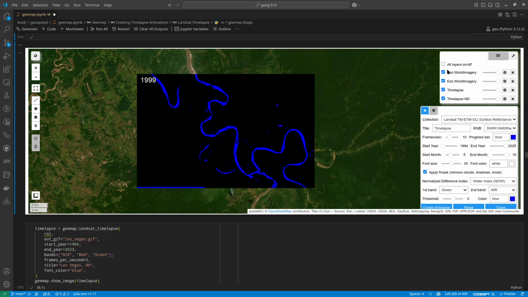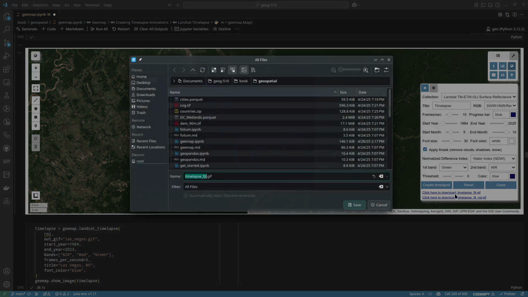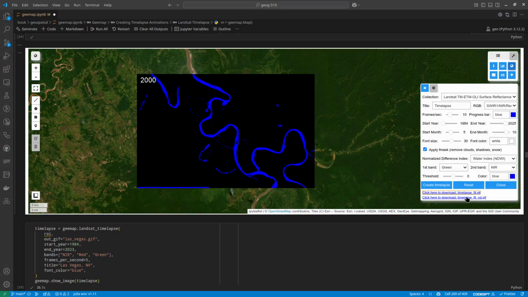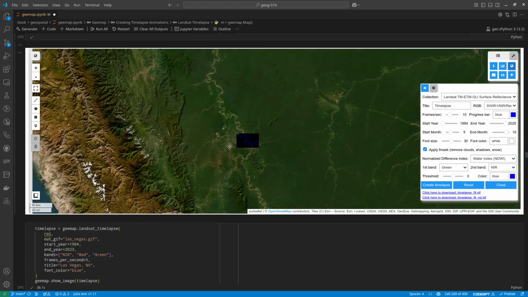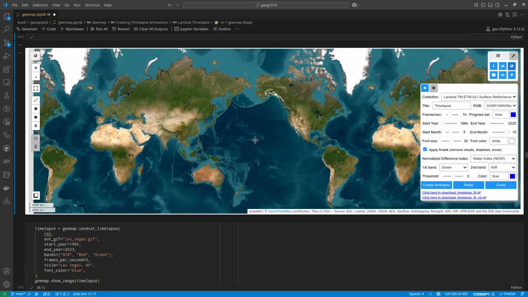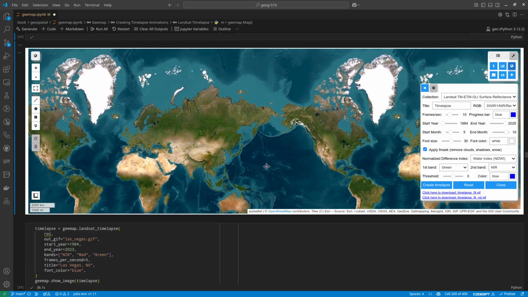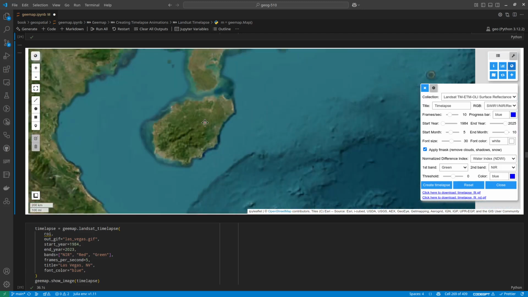And then if you really want, you can just download this one. So the link here, click, and you can download this one to your computer. Similarly, you can download this to your computer. And this is not just for this location. It can be anywhere. Like I said, it doesn't matter where you are. Any location that you're interested in, you can do it like this. So for example, maybe I go to